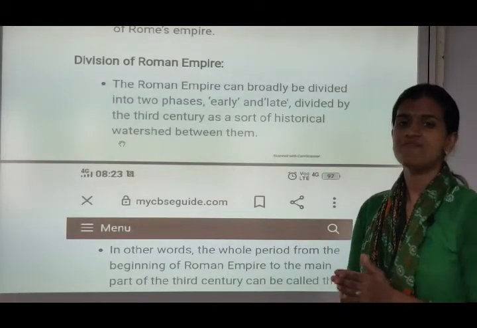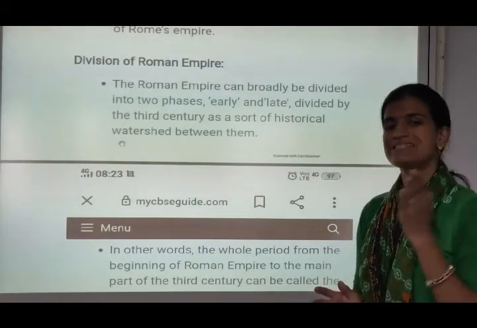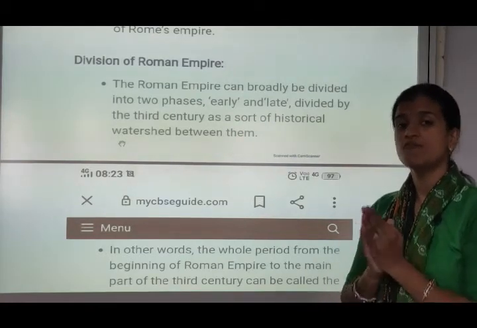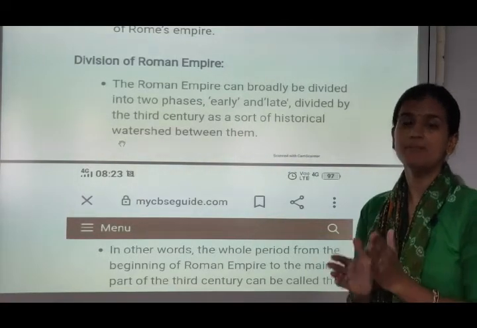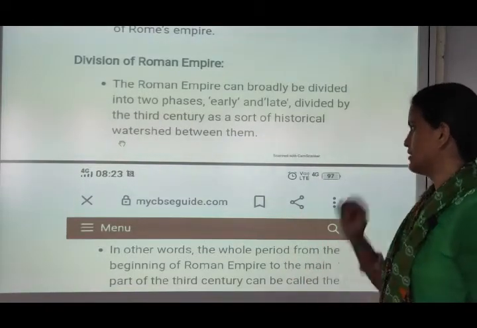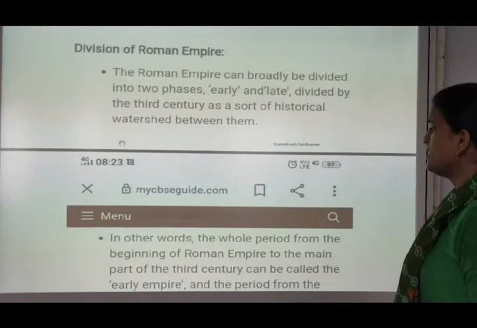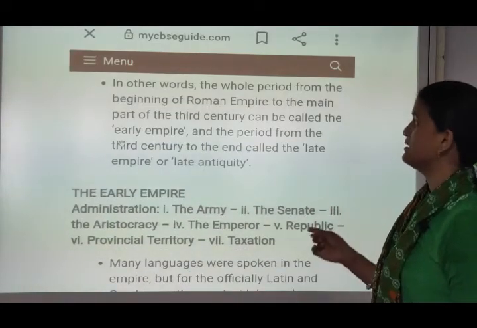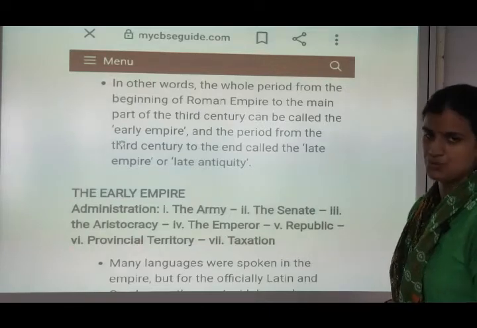Now, the Roman Empire was divided into two divisions. First was the early phase and second was the late phase. But here we had a watershed, a difference, a barrier between the early and the late phase. That was the 3rd century. In other words, the whole period from the beginning of the Roman Empire to the main part of the 3rd century